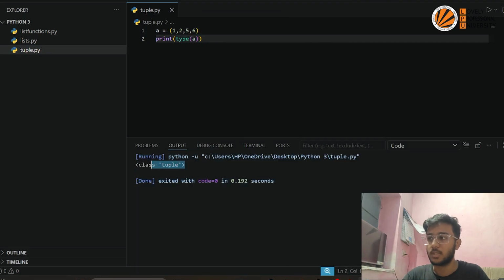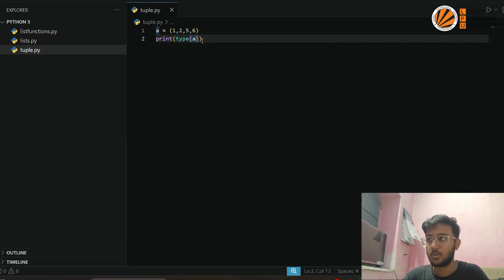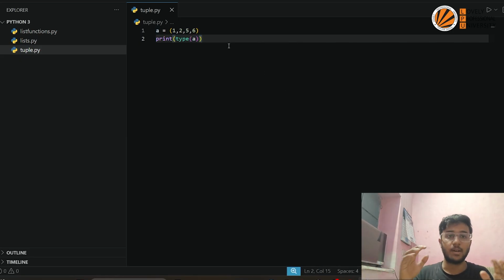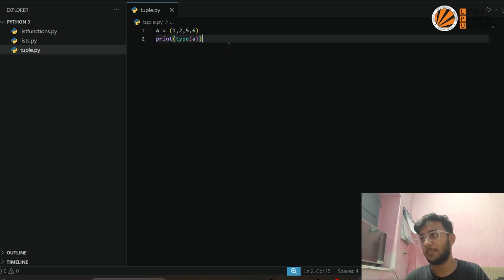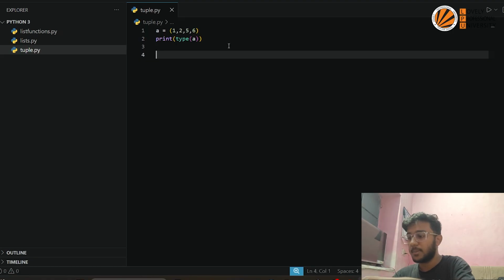As you can see here, this is class tuple. This is a tuple. This is how a tuple looks in parentheses. So a tuple is basically a collection of data types collected in parentheses. Now how do you make an empty tuple? To make an empty tuple, you just need parentheses here,